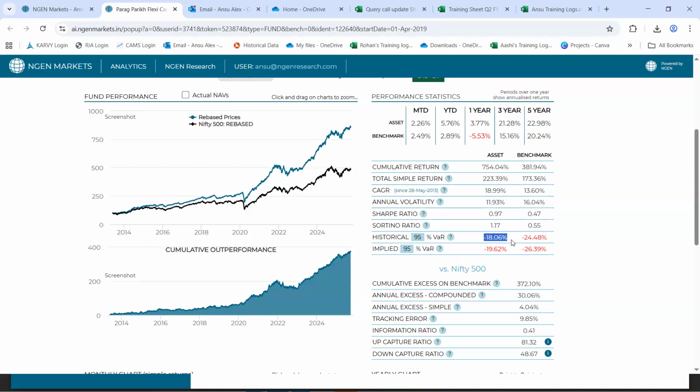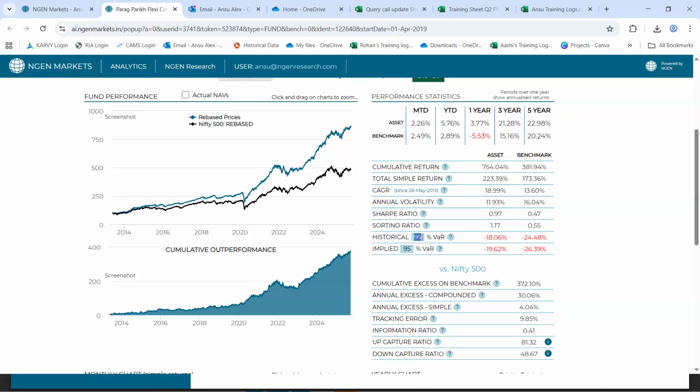And in a similar situation, if 100 rupees was invested in the benchmark, the capital erosion would be around 24.48 rupees. That is to say that the capital that will remain intact will be somewhere around 76 or 75. Now, this is based on a confidence interval of 95.